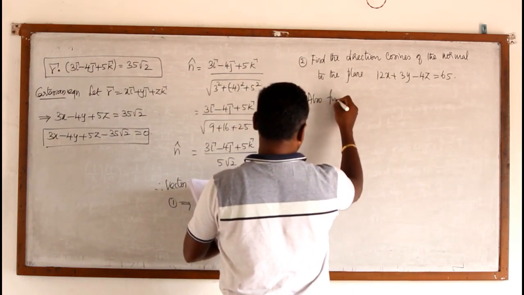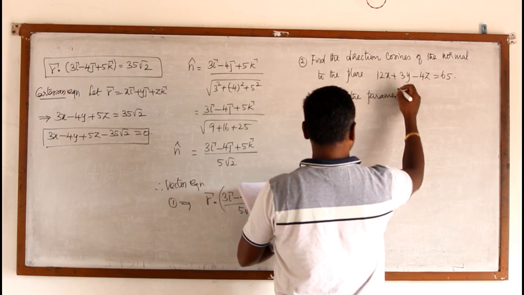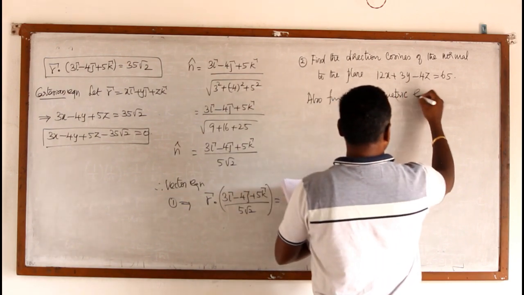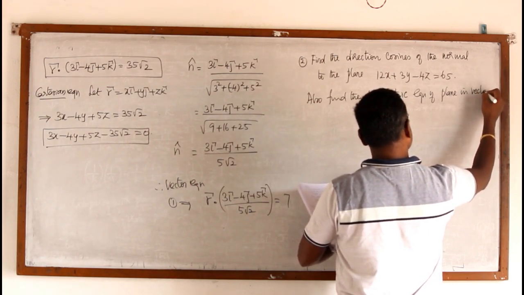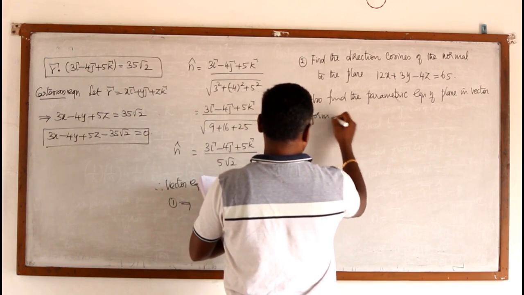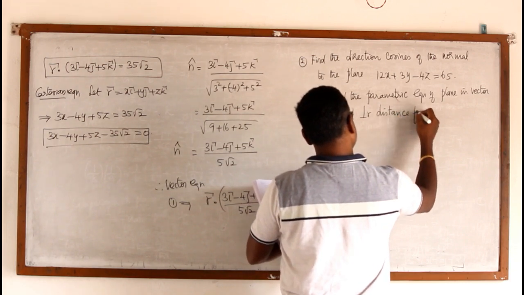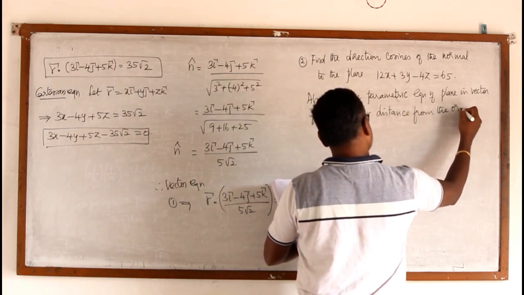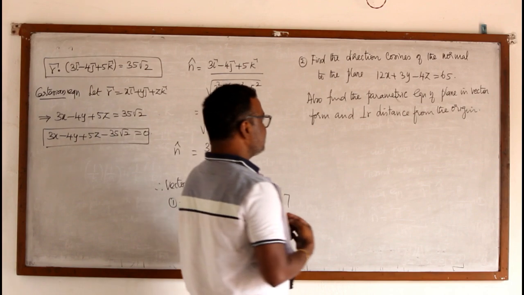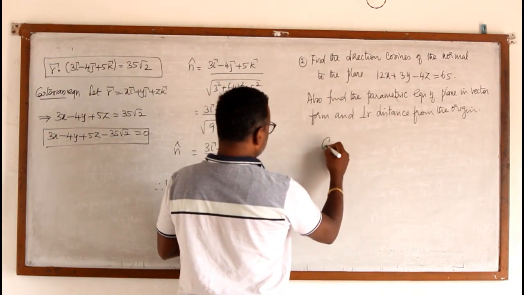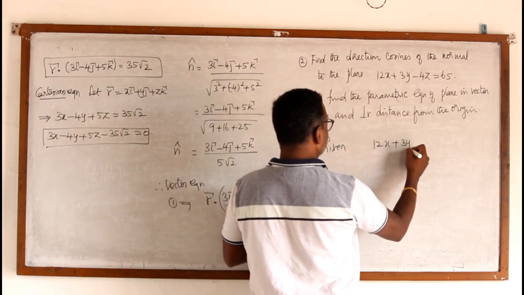Also, find the parametric equation. Don't take it as non-parametric. The book has given it as non-parametric, you take it as parametric. Parametric equation of the plane in vector form and perpendicular distance from the origin. So there are 3 questions I have to find out: the vector form, the perpendicular distance and also the direction